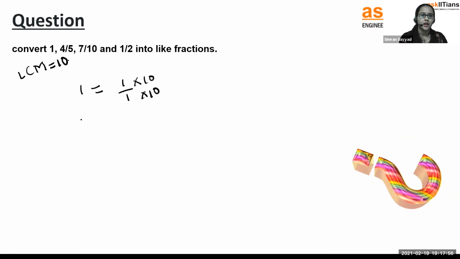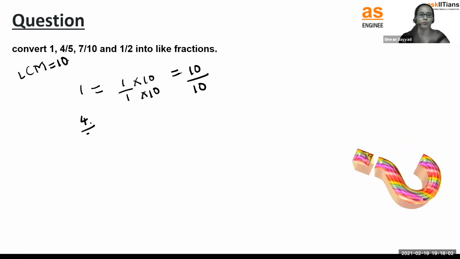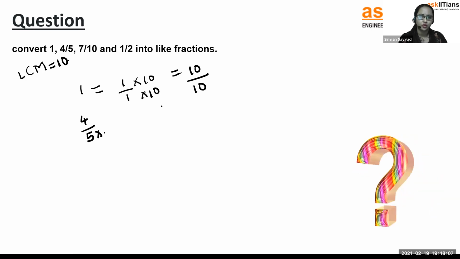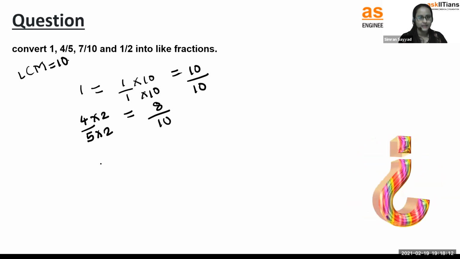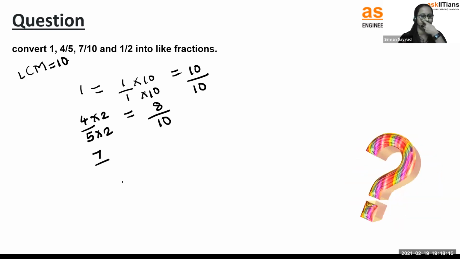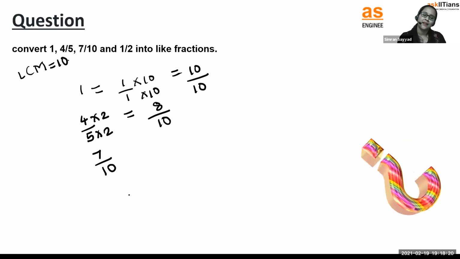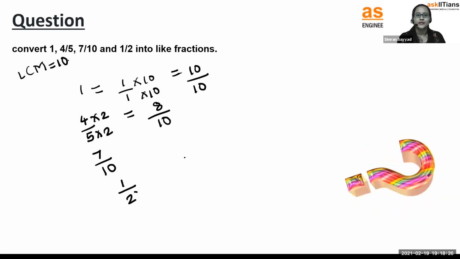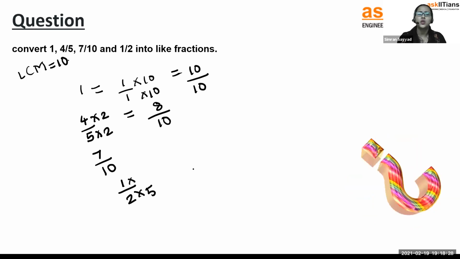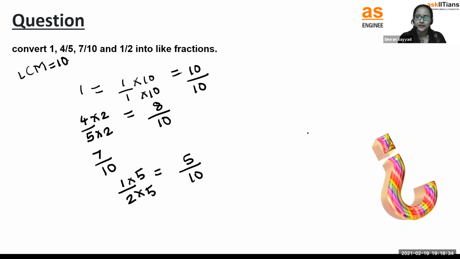Correct? Okay. Now what about 4/5? So 4/5, if I want to make 10 from 5, I have to multiply it by 2. Same applies over here. So what will I be getting? 4 2s are 8, 5 2s are 10. Then comes 7/10. It is already the same, 10 is the LCM, so no need of doing anything. The next term is 1/2. If I want to make 10 in the denominator, I have to multiply it by 5. Same applies to the numerator. So it is 5/10. So now the terms which I'll be getting are 10/10, 8/10,